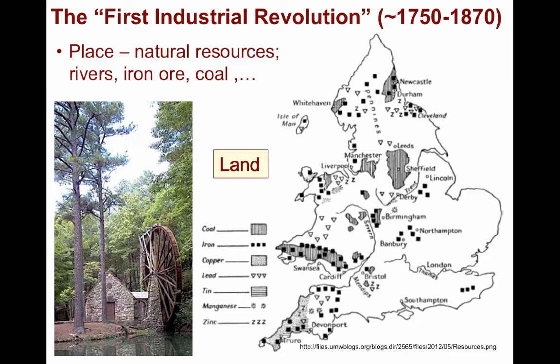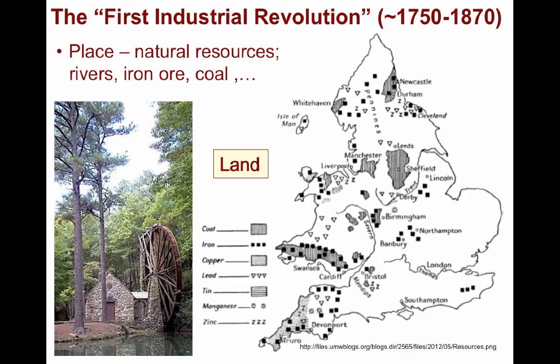Now, it's not the amount of land that's important. In fact, Britain's relatively smaller land area and compact territorial morphology meant it was cheaper to transport materials from place to place. In this instance, it's what's in the land that is important. To be exact, industrialization began in places like the Midlands of north-central England, with close proximity to resources and ports